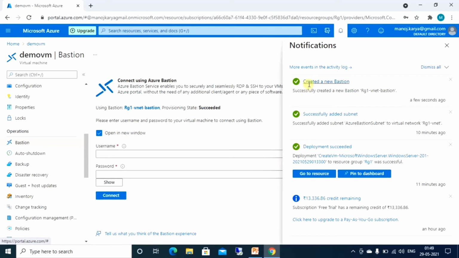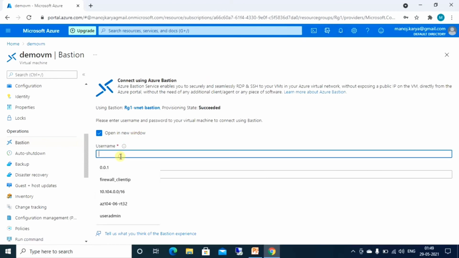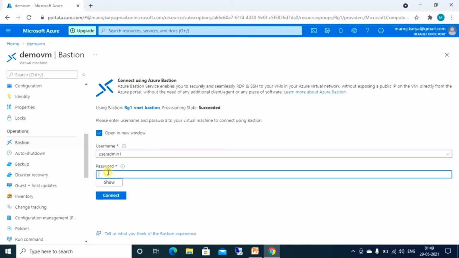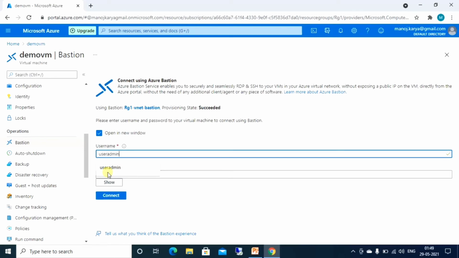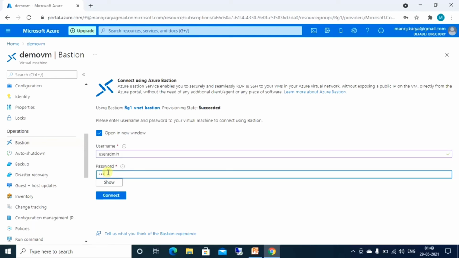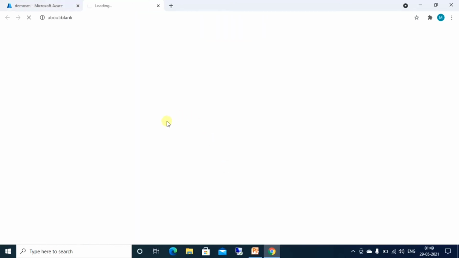So we can see now our Bastion has been created. It is asking for the username and password. Let me give it. Now we are connecting to the VM using Azure Bastion.